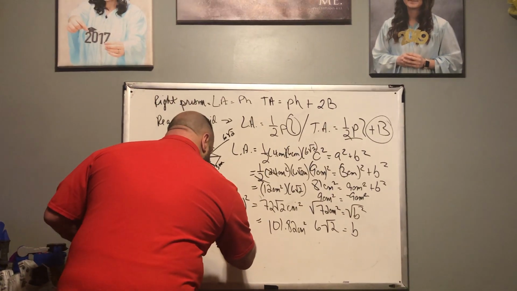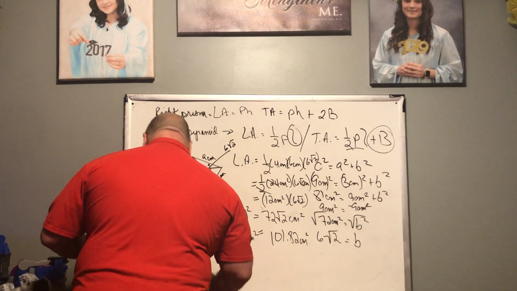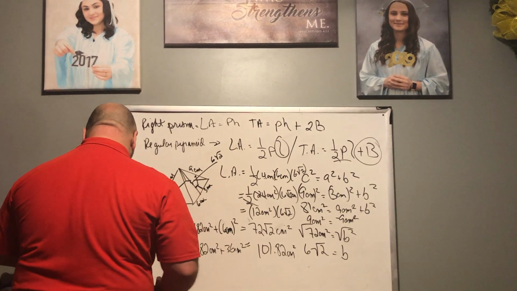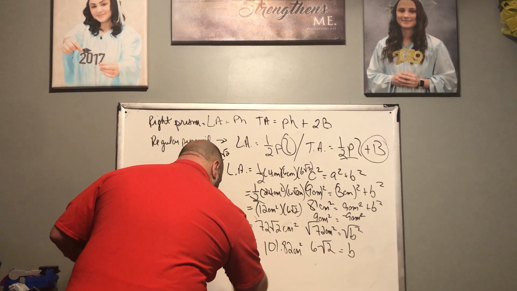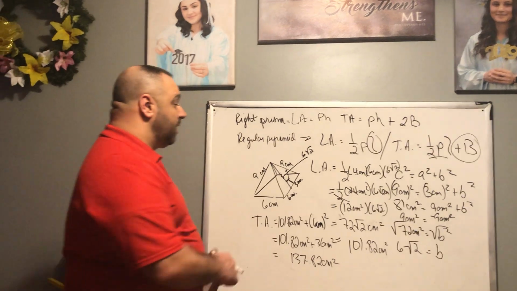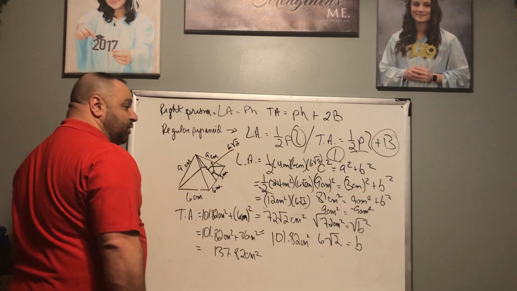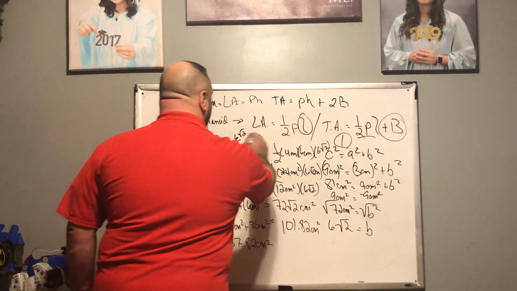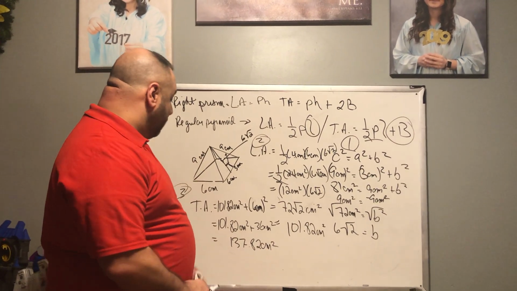101.82 centimeters squared plus 36 centimeters squared, and that should give us a final answer of 137.82 centimeters squared. So, 3 steps. Step 1, first I had to find the slant height. I used the Pythagorean Theorem. Step 2, found the lateral area. Step 3, found the total area, which is